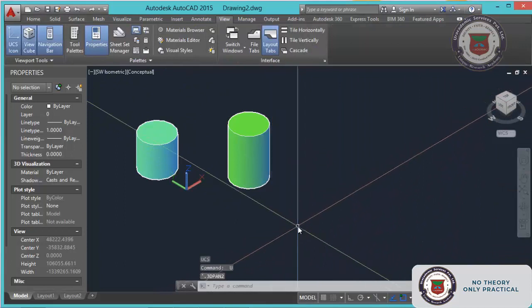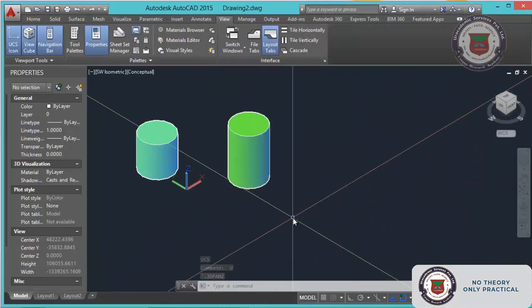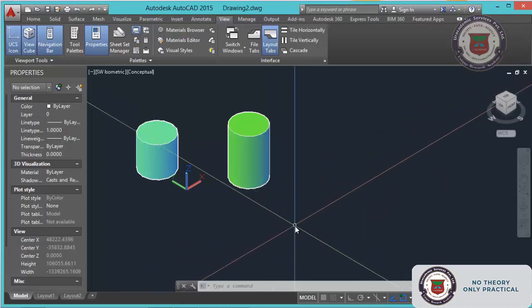Normally whatever items you are drawing in the workplace will be created in the XY plane only. Now we have prepared the circle in the XY plane and given the height in the Z axis. That is what we normally do. Suppose I want a cylinder perpendicular to the normal cylinder, how will we do it? That we will see now.